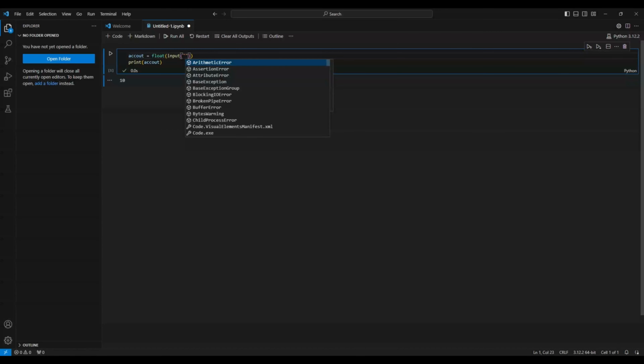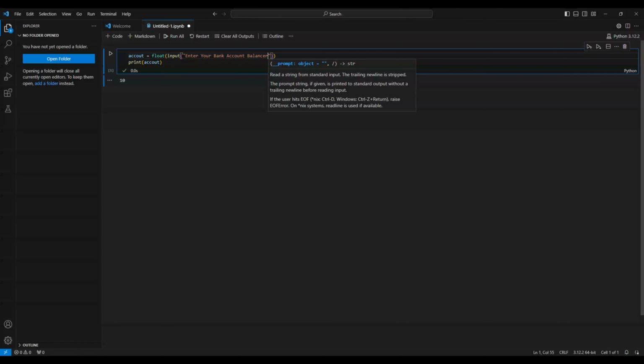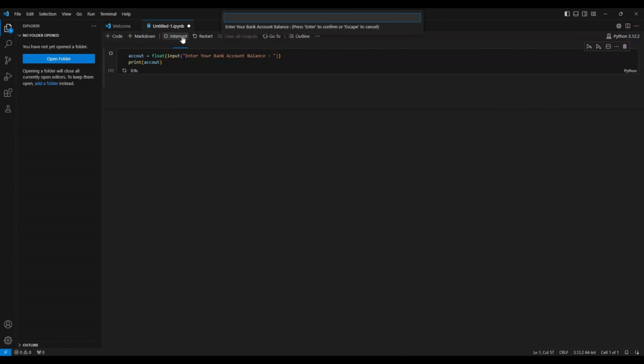Here I will type: enter your bank account balance. Also use a space, colon, and then another space. Now, if I click on run all again,